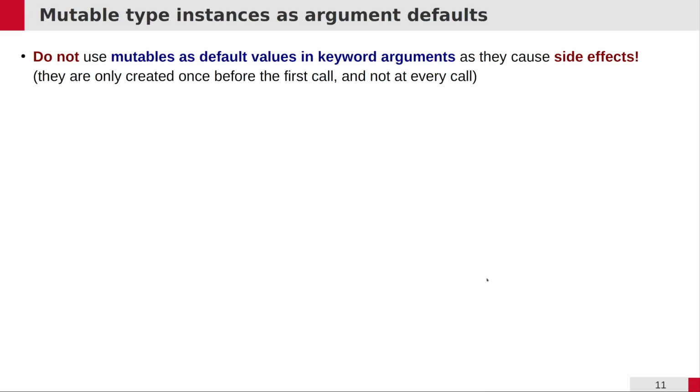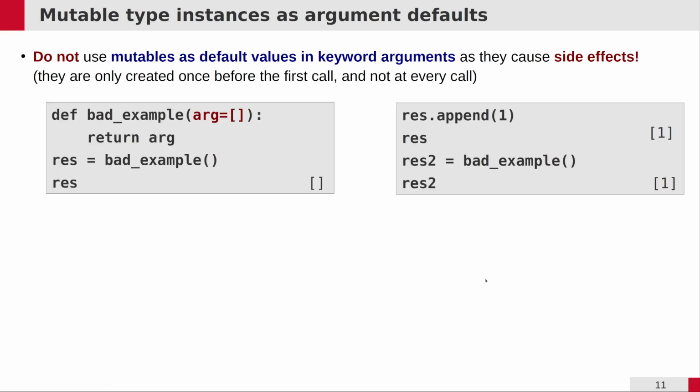The one thing we should watch out for if you are using default values like we discussed is if you are using mutable types, and you should never do what you see here. Just specify a default value, a mutable type as default value. Why? Just type what you see here in your Python environment, and then try to call this function and store the result in the variable res,